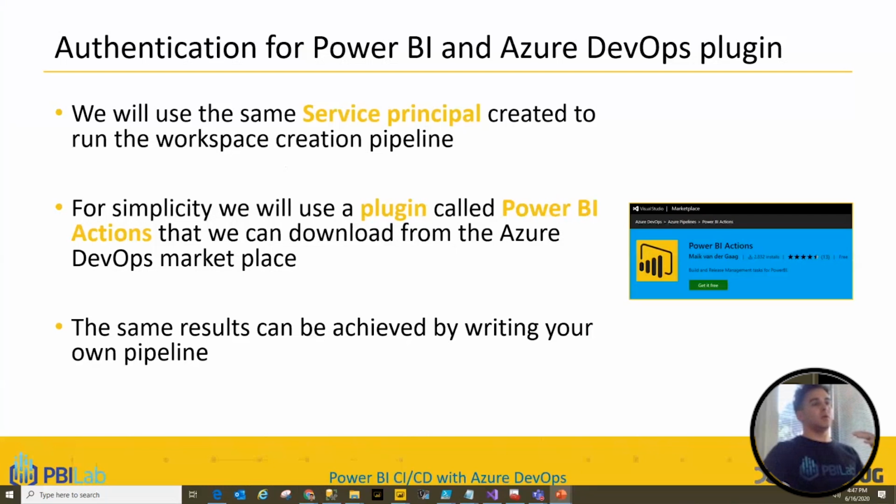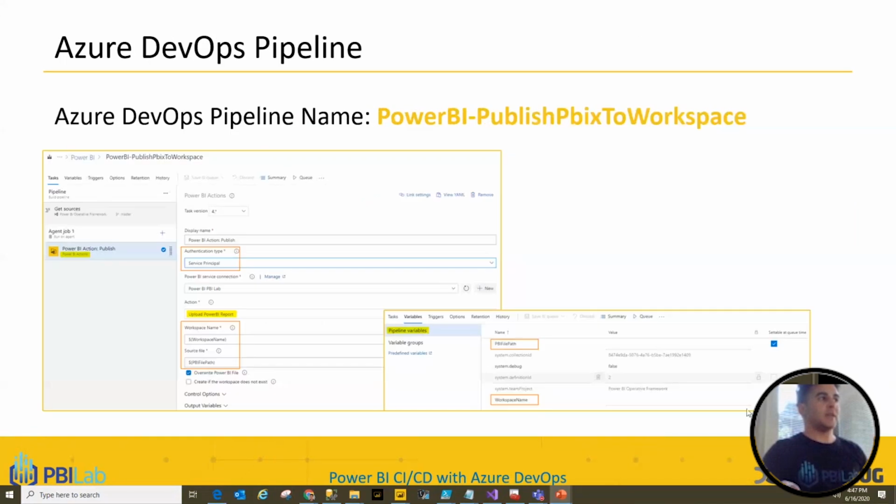so the second pipeline, I use a Power BI action plugin out of the box developed by Mike van der Gaag. I installed that in my Azure DevOps. In my Azure DevOps, I set up a new pipeline called Publish Power BI Workspace, and the action I'm doing is uploading a report. Again, I'm telling it that I need to log in using the service principal, and I'm creating a bunch of variables